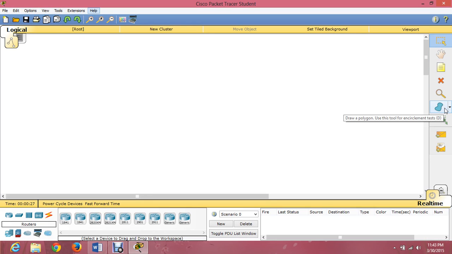In the lower left corner are the devices, such as routers, switches, hubs, wireless devices, and connections. And at the bottom are the end devices, such as computers, securities, emulation, custom-made devices, and multi-user connection. On the right side are the device details.